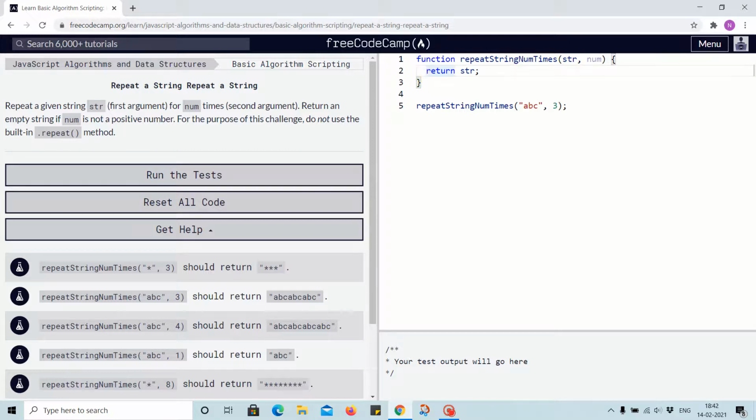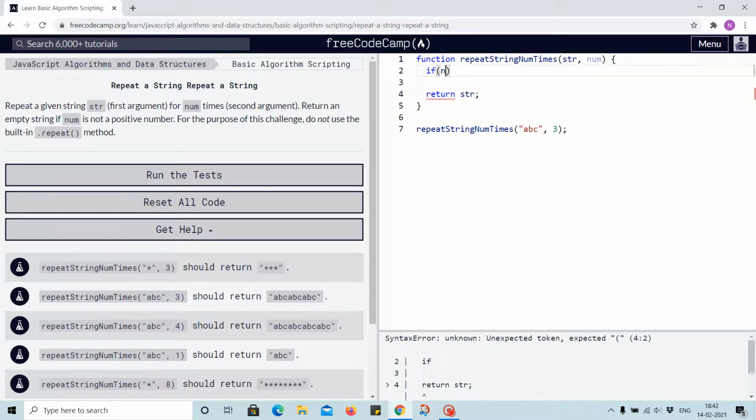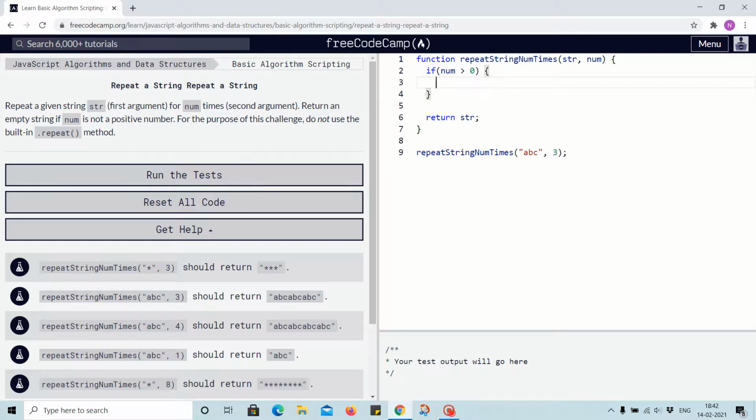In that case, if num is not a positive number, if num is greater than 0, in that case, and we have else, return empty if it is not positive, and in case it is positive, then